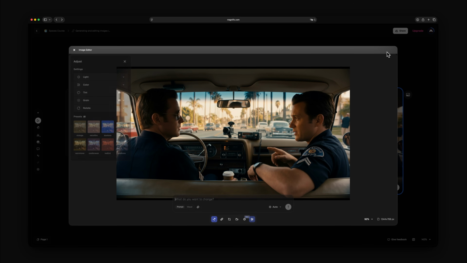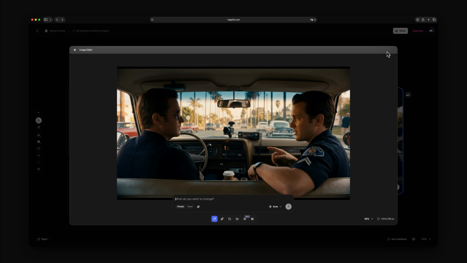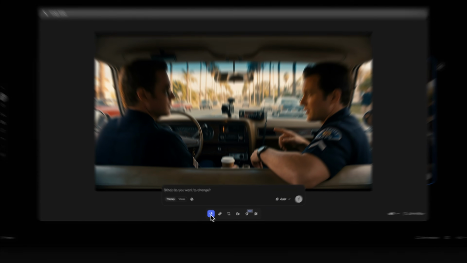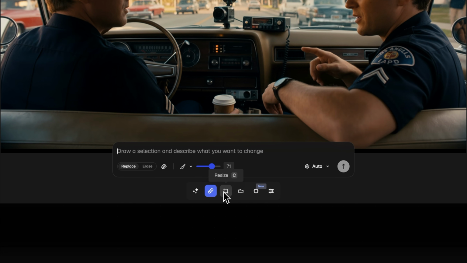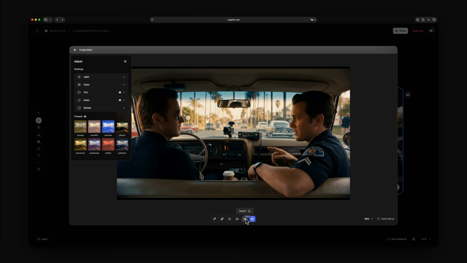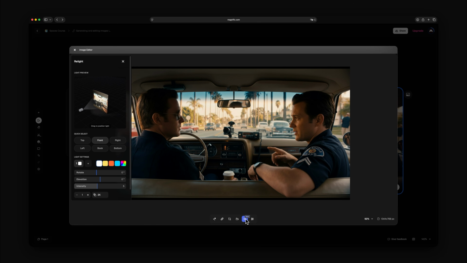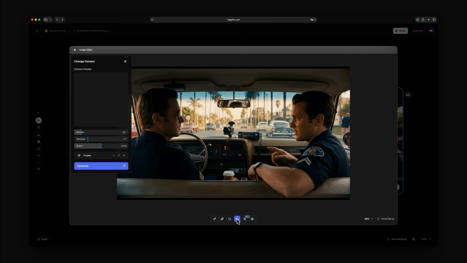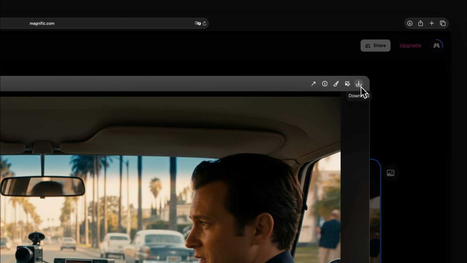If you open it, you arrive at an editing layout that is very close to the one you know from our first course. Here you'll find the same editing tools you've used before, including options like Edit, Retouch, Resize, and others. They behave in the same way as they do in the regular interface, so we are not going to explain each one again in depth here. If you want a full breakdown of what every editing tool does, go check our first course, where each one is covered in detail. And finally, you'll find the download option, which lets you save the image directly to your